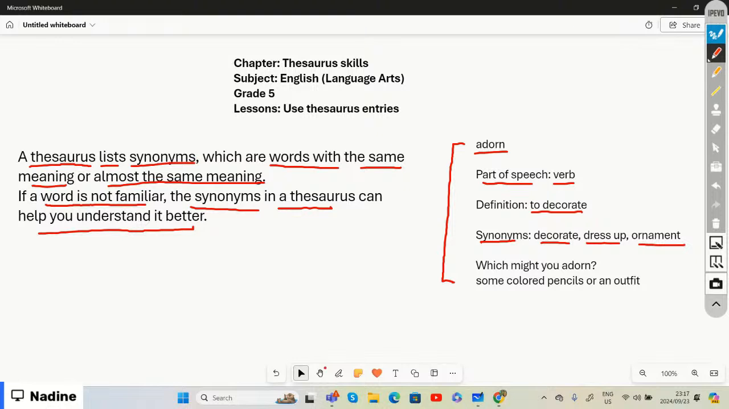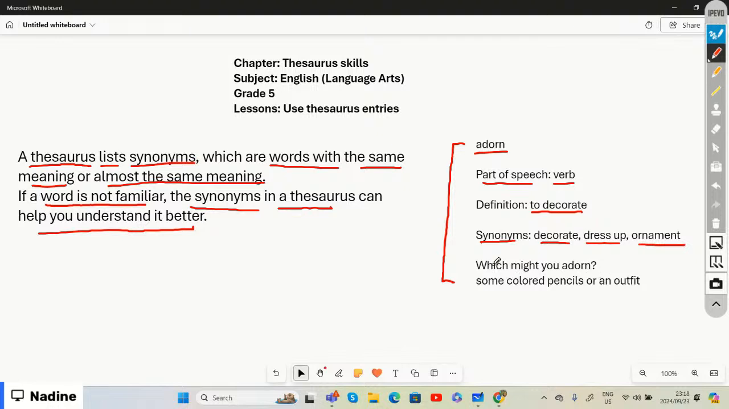So now, if you look at the word adorn, we see the part of speech, it's a verb, it means to decorate. And the words with a similar meaning or almost the same meaning are to decorate, to dress up, and ornament. So now, if you look at the question that is being asked,